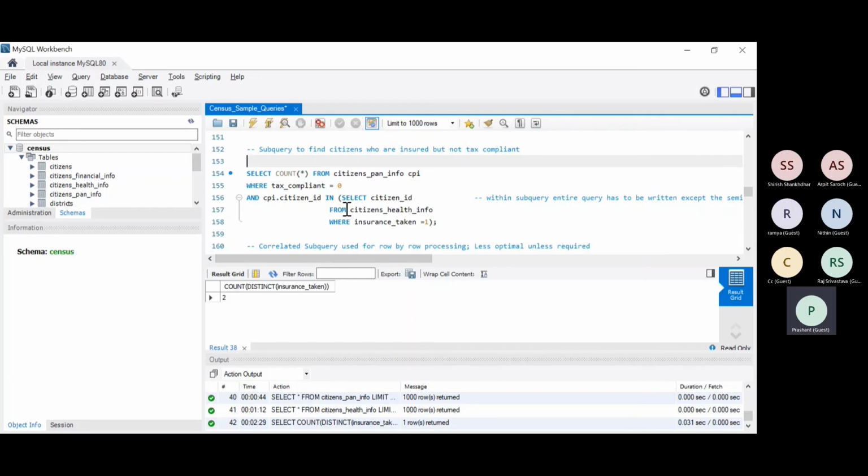Subquery, as I mentioned, is a query within a query. The main query starts with the select command, and if you look at the rest of the query, you will see that there is another query starting with the select command. So this is a subquery. I've mentioned a comment here. This is important to know,